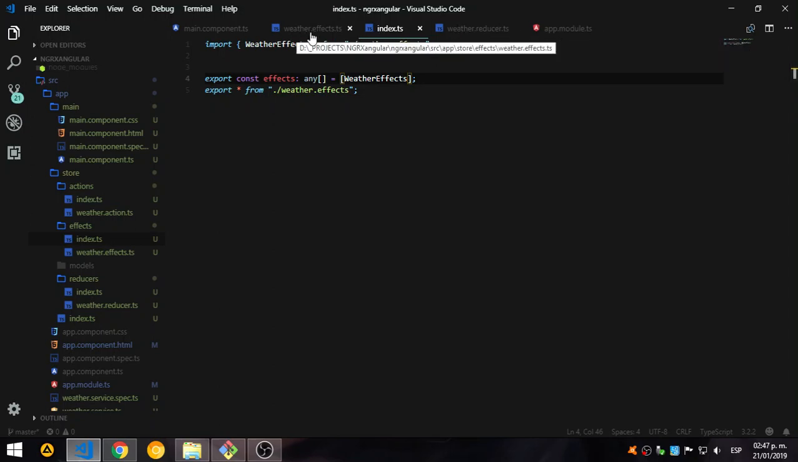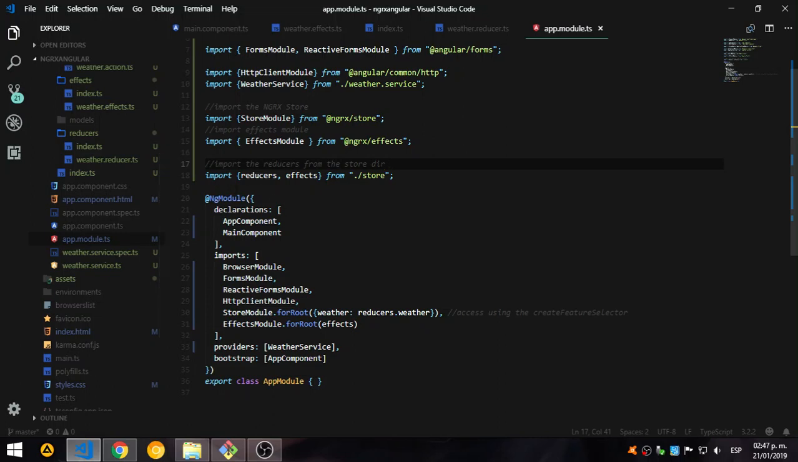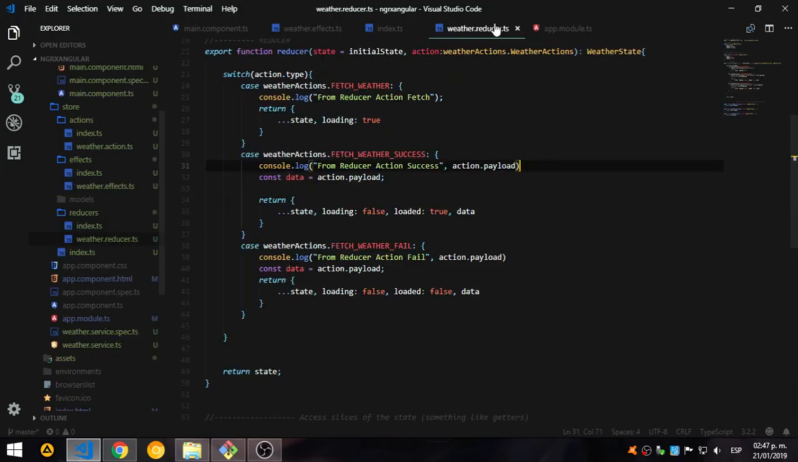So let's go to app module, and in this case we already have the two parts, the reducers and the effects. So here we're using the reducers that we already have, and in order to use the effects, we use the effects module that is imported here for root, and we pass these effects that contain all our array of effects. Okay,